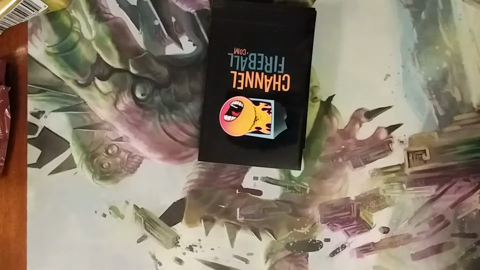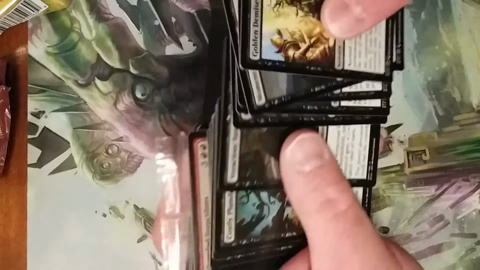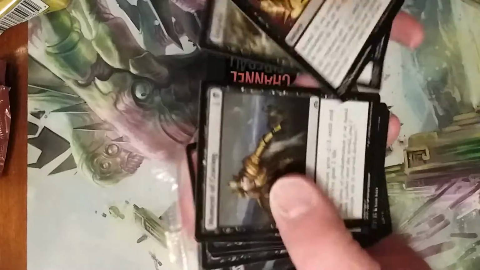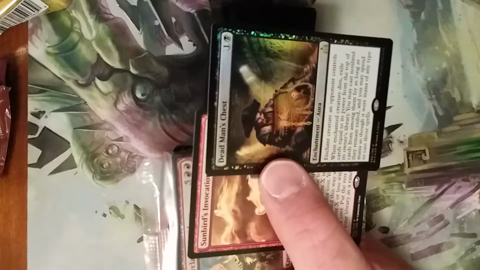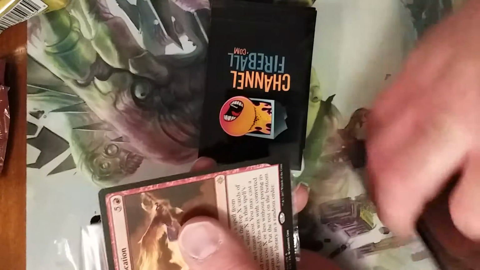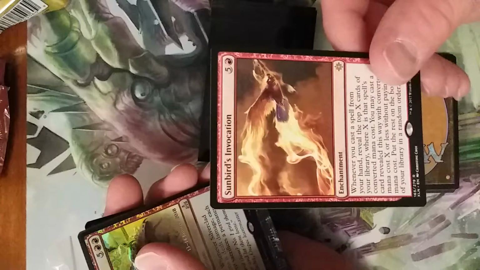Some of the other cards I got with this pool, the black was very mediocre. I did get Demise, Reaver Ambush, Impel, and Moment of Craven, but everything else was not really enough creatures, and a foil Dead Man's Chest, which is a horrible card to me, especially in the limited format. Sunbird's Invocation,